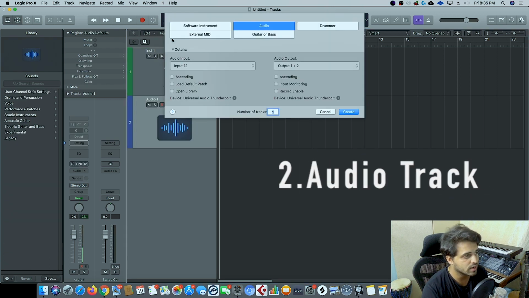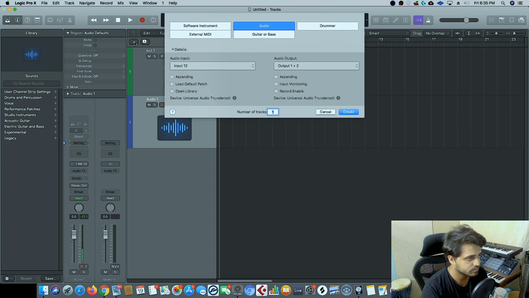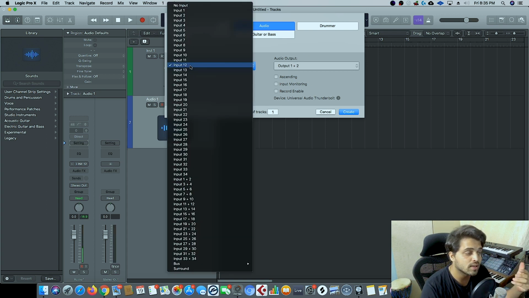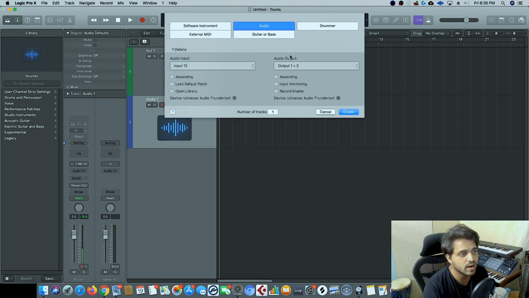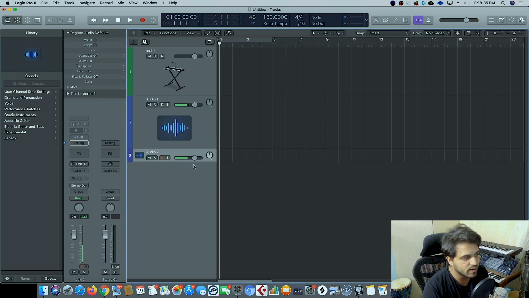As soon as you click on create track, which is right here, that plus button, this pop-up opens up and there are various options where you can assign audio input, audio output. I'll come to these options later, but if I want to create a single track right now, let's say I want to record whatever I'm speaking, and that's going to my input 12 into my UAD. So I'll select input 12 and audio output has to go to the stereo out, which is 1 plus 2. So I'll say create,